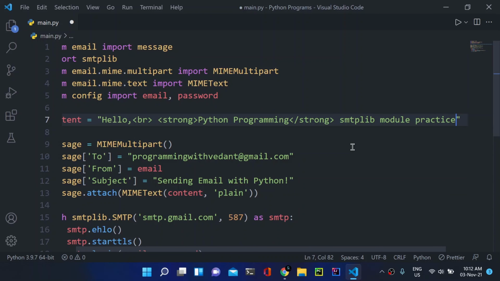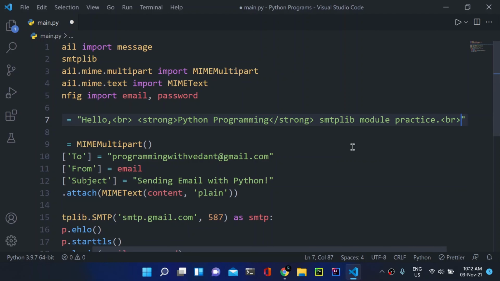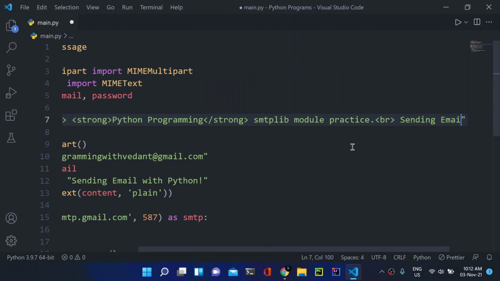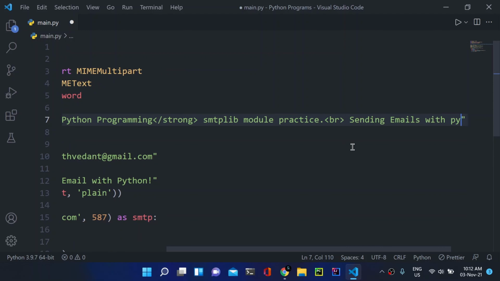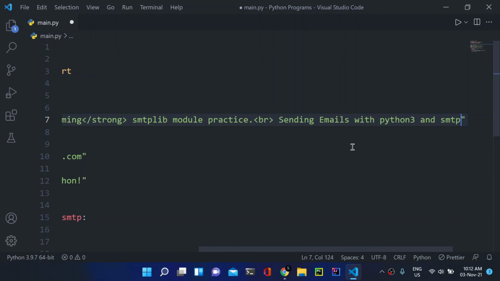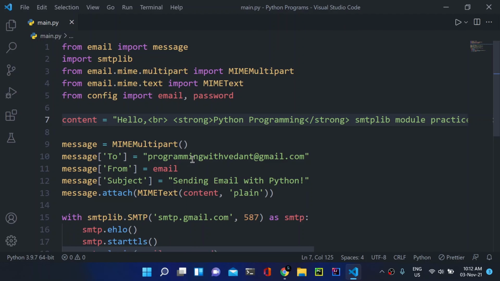Then I will use BR again, and here I will write sending emails with Python 3 and SMTP. Okay, so this is now our HTML embedded string, you can say.